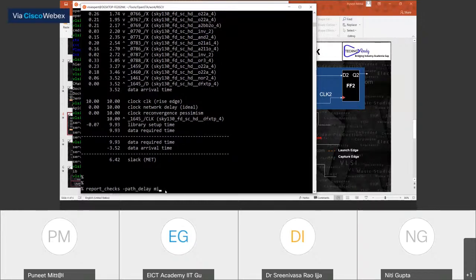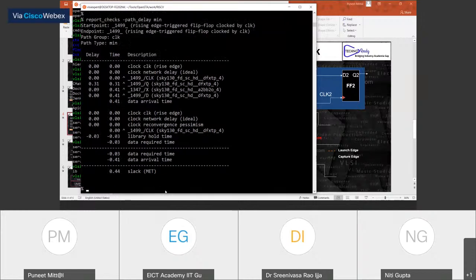Now let's take an example of min. After that, let's take an example of min fall. And then I will show you what is the significance of this particular part.